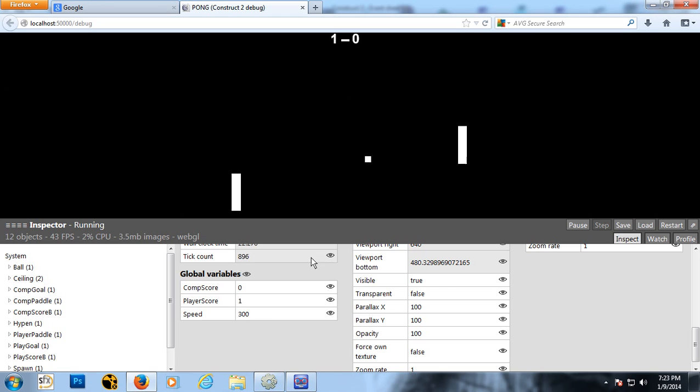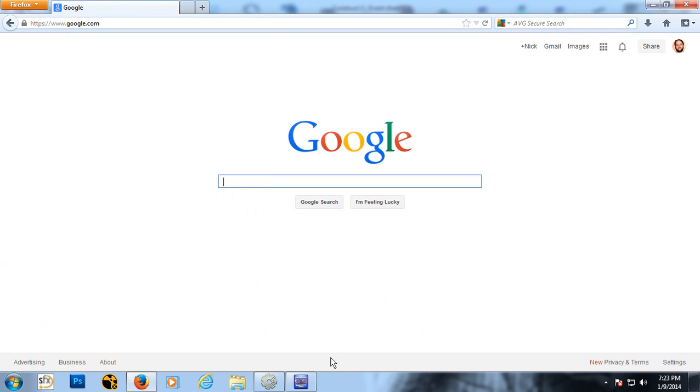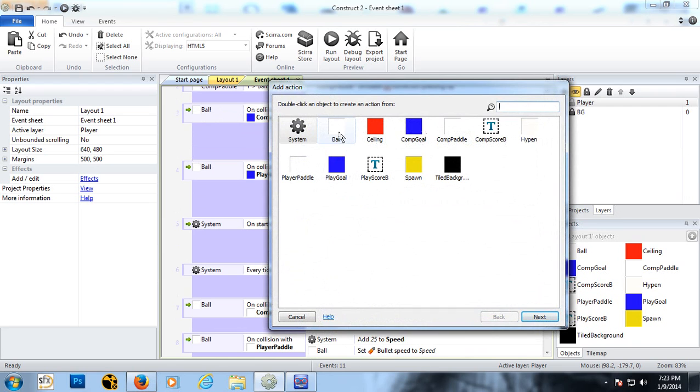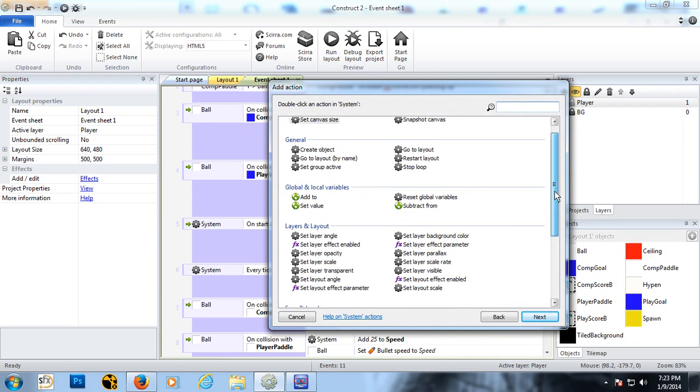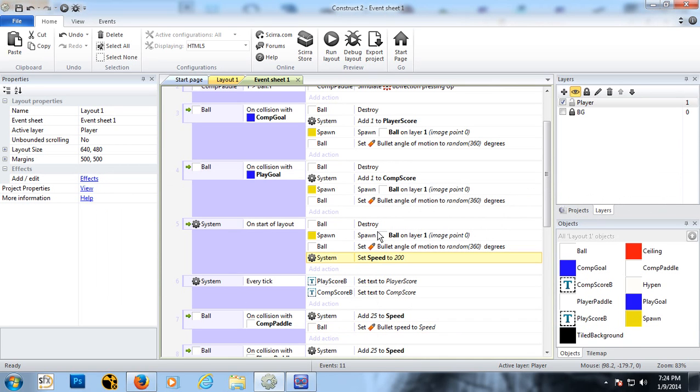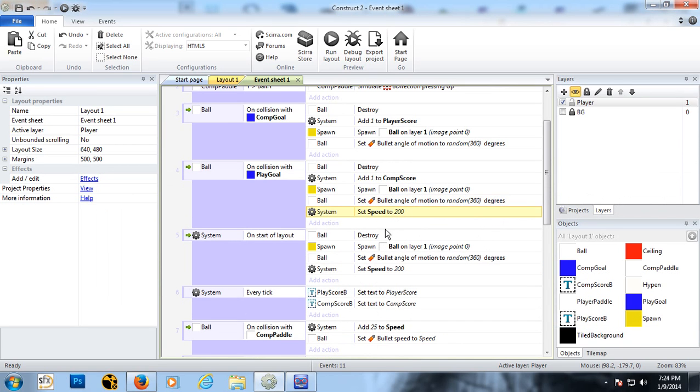So as soon as he hits it, it's going to tack on another 25, so it'll be set to 325. And then all of a sudden, the bullet's going to take on that speed. So we're going to have to reset it whenever the ball gets destroyed. That's basically what I'm saying. So we're going to add action, system, reset that global variable, set value of the speed, and we'll set it back down to 200. So that way, every time the ball gets destroyed,